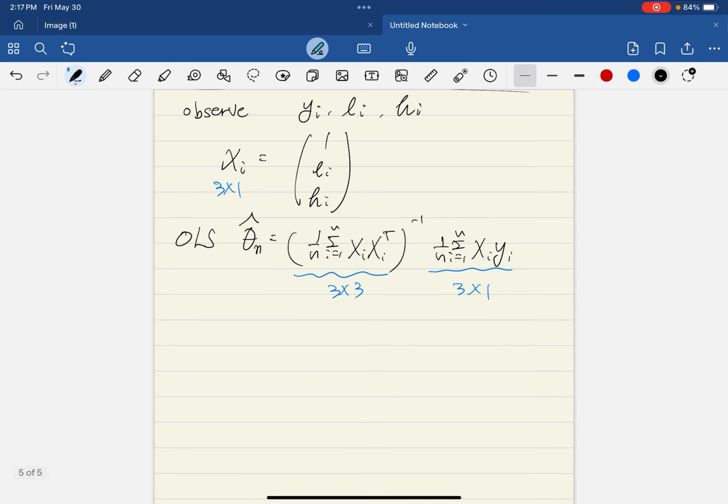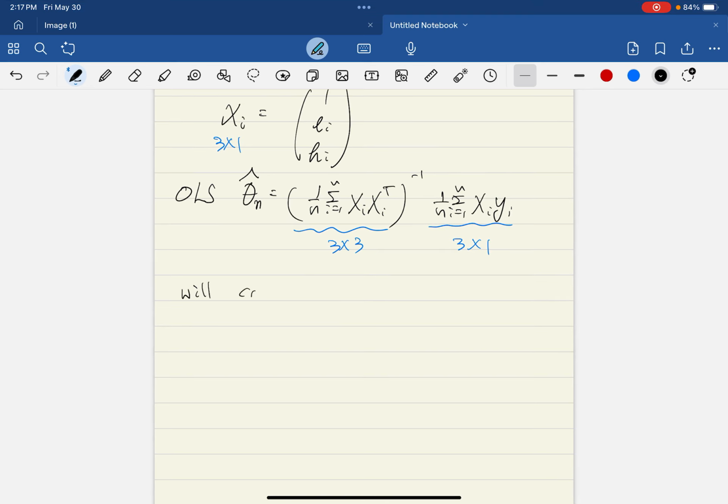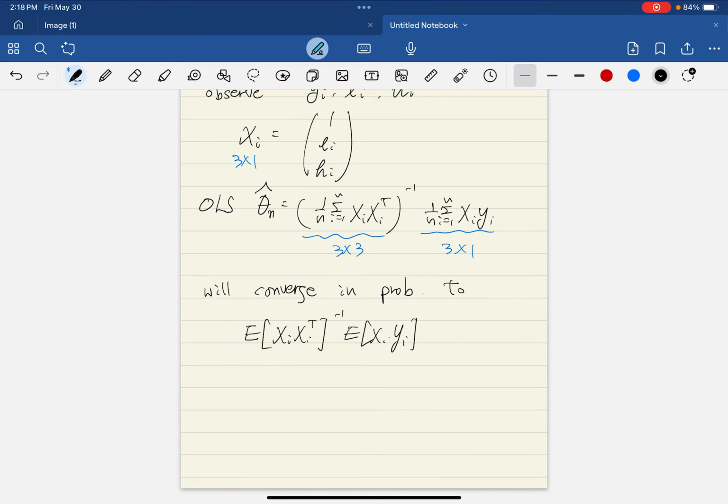Then we want you to show that it will converge in probability to the inverse of the expectation of x_i x_i transpose times the expectation of x_i y_i. We wanted to show that its difference from the desired parameters, I will denote it as theta 0,